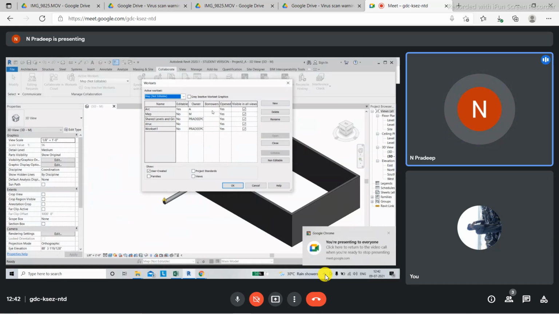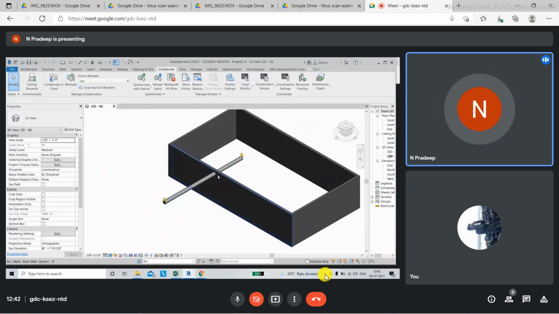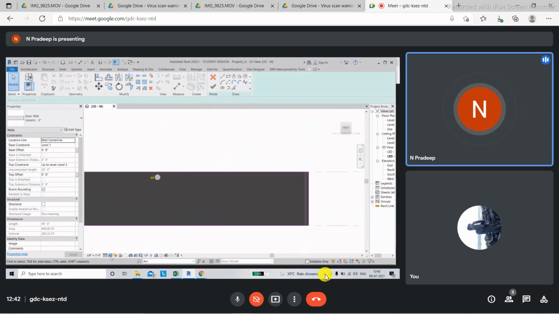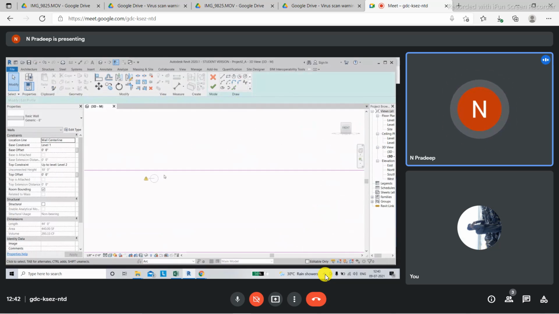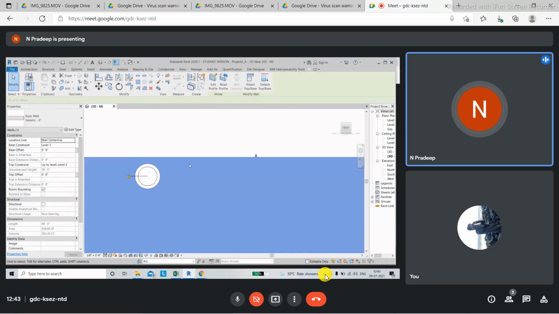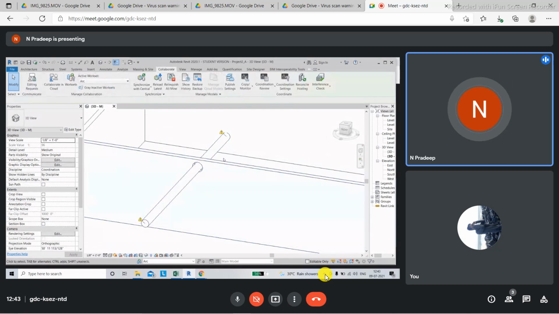So I'll just take the ownership. I'll activate my workset here, and then I'm going to make the changes myself. I'll double click on the wall, and then I just need to make a hole matching the size of that duct. Either you can match the size of the duct or you can make a bigger hole. Now it is clearly visible that the duct is not colliding with the wall.